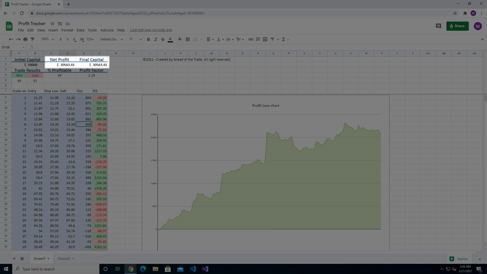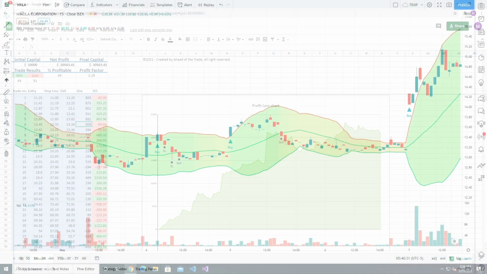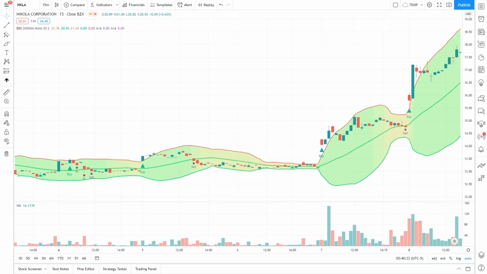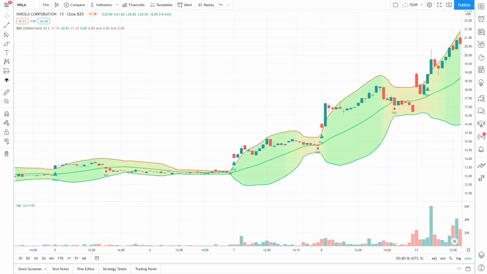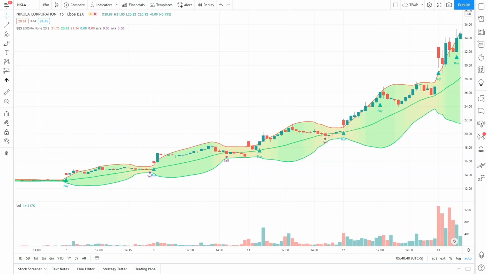If we were to have applied a simple buy and hold strategy to the same stock over the exact same period of time, my profit would have been 88%. The reason that my profits were substantially better than the buy and hold strategy is because the Bollinger Squeeze strategy has the flexibility to trade both long and short. We are able to make a profit regardless of whether price is trending higher or lower during the given time period.